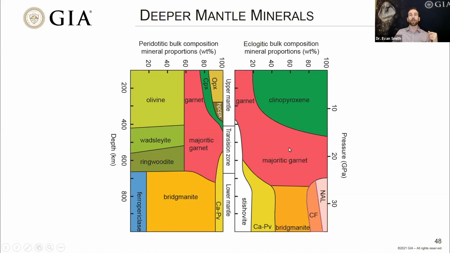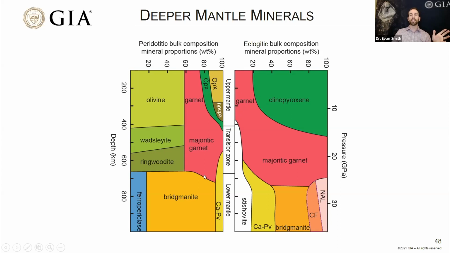So things like majoritic garnet, garnet that has more silica in it than it really should because of the effect of pressure. And when we find these high pressure minerals, we know that this diamond must have come from a deeper environment. So sometimes we've even found diamonds that look like they come from the lower mantle below about 660 kilometers depth. And some of these diamonds contain pairs of ferropericlase, which is a magnesium iron oxide, together with a magnesium silicate called bridgmanite. And this, we think, is good evidence to say that this diamond must have come from the lower mantle and couldn't have come from shallower depths.